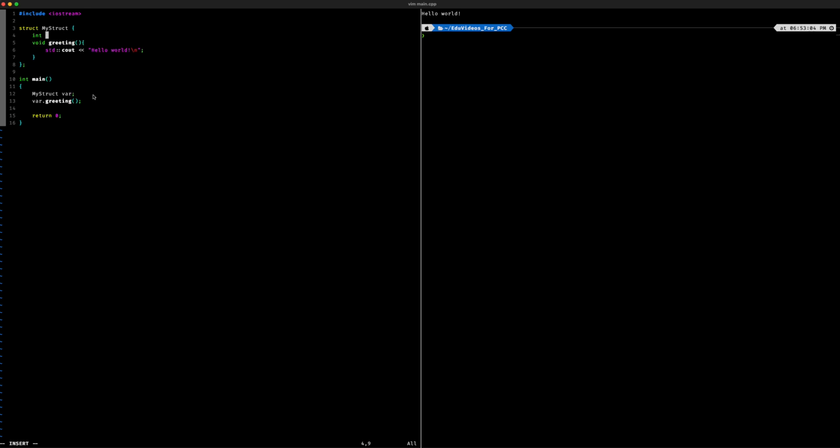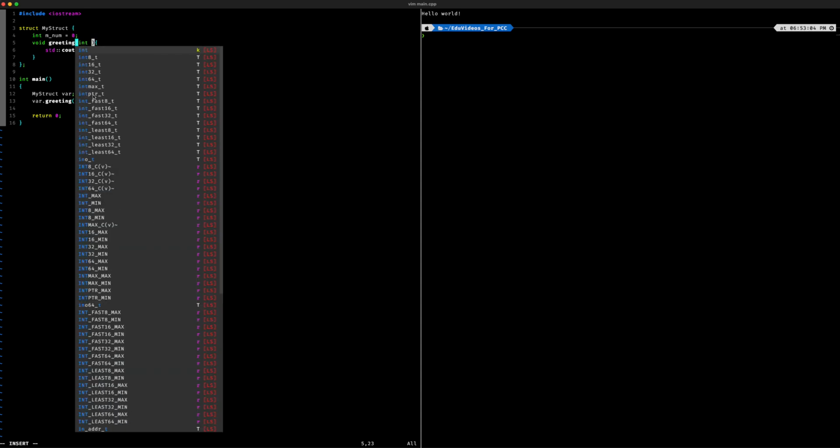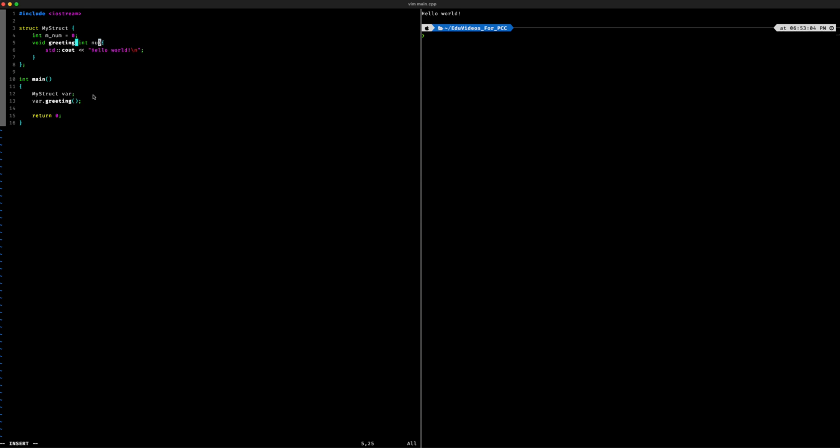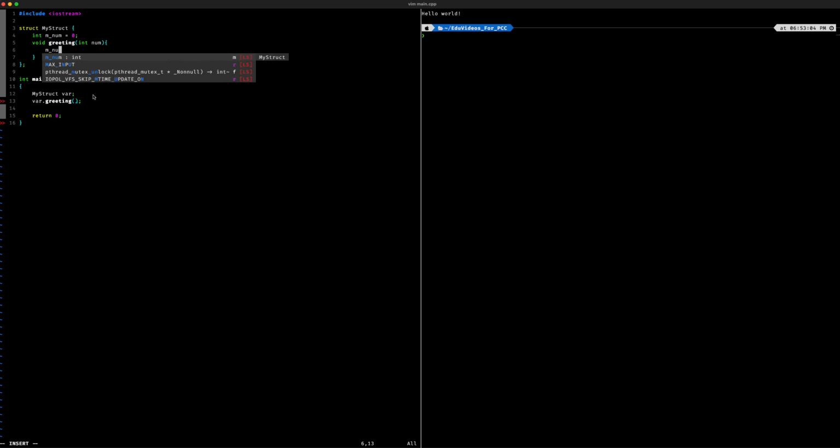So int m_num 0, and then let's just go ahead and change that here. Int num, and then let's go ahead, delete this, and I want to do. Let's go ahead and change this. m_num equals num. And so as you can see right here, this is why it's good practice to put an m